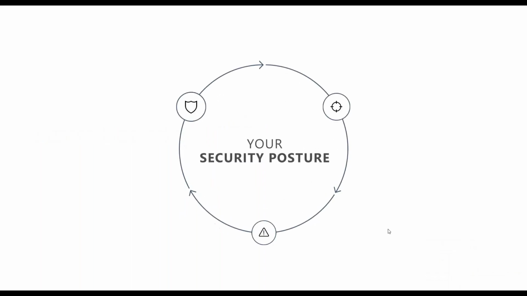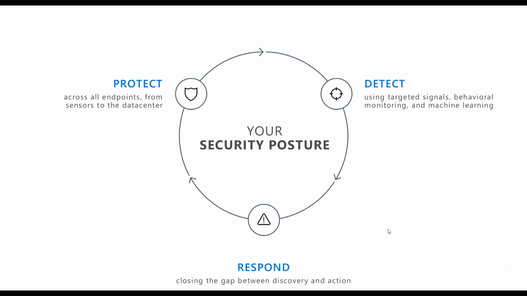So Microsoft recommends that you should go through three different processes. One is you should put the proper controls in place to protect your environment. Next, if there is any security level event, you should be able to detect that. And finally, you should be able to respond to the event so that any further security events could be avoided. For example, if a virtual machine in your environment is compromised, you should be able to limit access to that virtual machine from the rest of the environment.